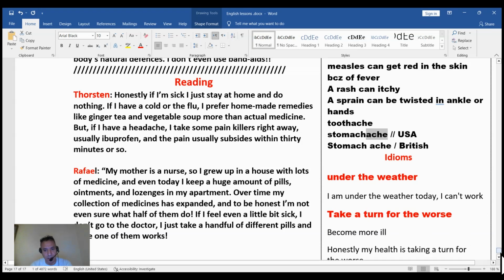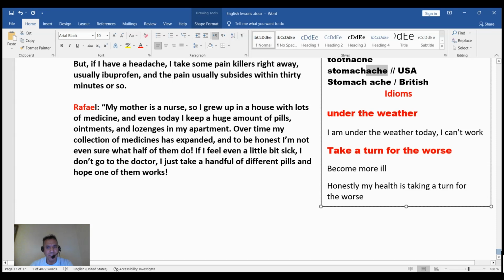So here's an example. Honestly, my health is taking a turn for the worse. I will not be able to work today. I will not be able to work this week. I can't work anymore. Why? Because I'm still very sick.